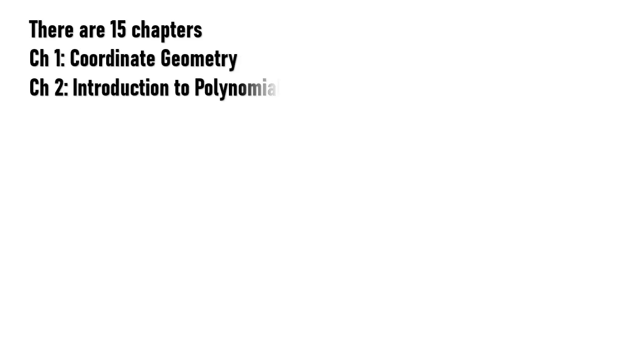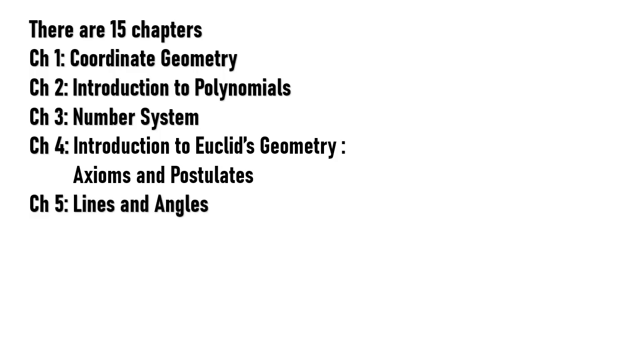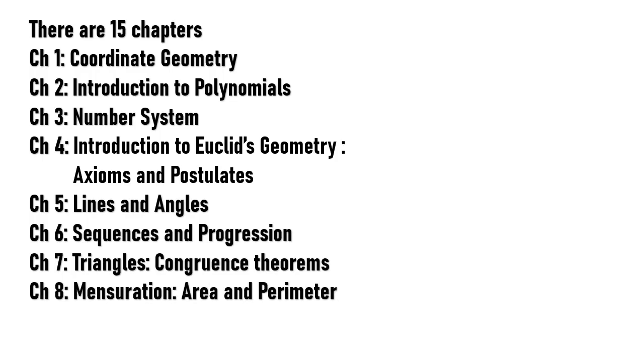There are 15 chapters in this new textbook. They are Chapter 1, Coordinate Geometry; Chapter 2, Introduction to Polynomials; Chapter 3, Number System; Chapter 4, Introduction to Euclid's Geometry, Axioms and Postulates; Chapter 5, Lines and Angles; Chapter 6, Sequences and Progression; Chapter 7, Triangles, Congruence Theorems; Chapter